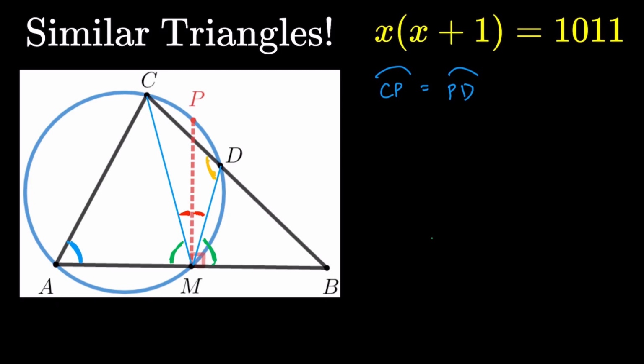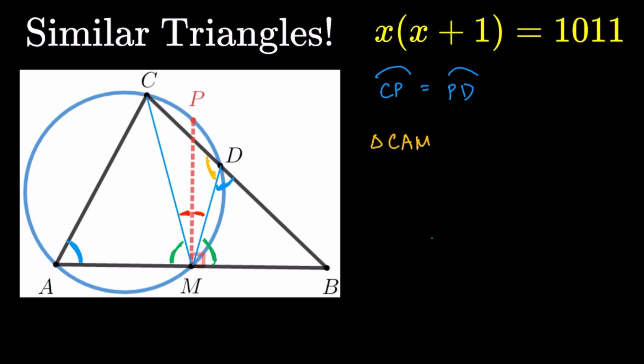And angle MDB over here forms a linear pair with this yellow angle, so angle MDB should also be blue. That's what I meant: these two blue angles are the same. So we could see here that triangles CAM